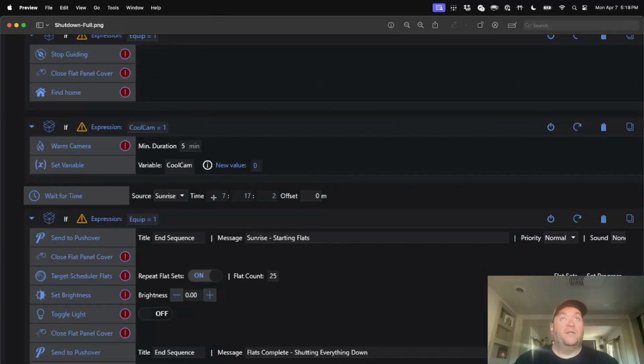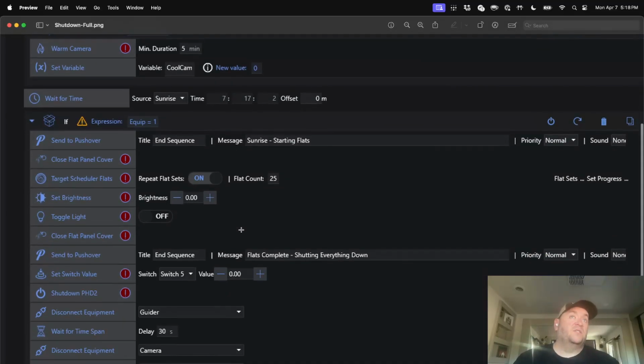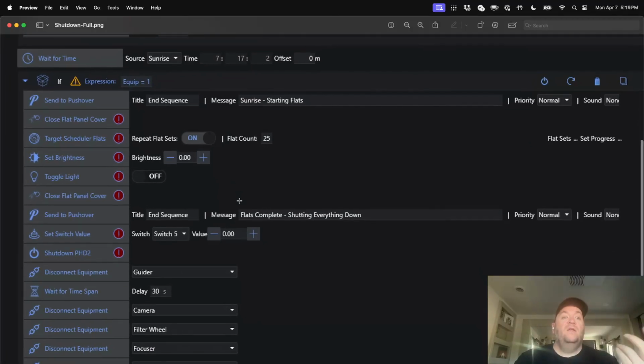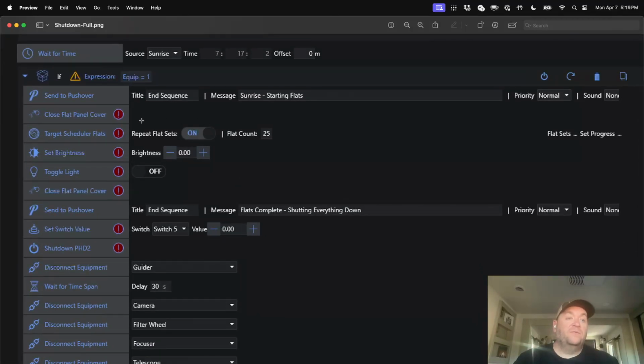Then we're going to wait for sunrise. And we wait for sunrise because I want to wait until it's light out so that I can take flats. And we'll step through there. For that, we're going to close the flat panel cover, and Target Scheduler manages flats for me. Now, that wasn't always the case. That's why that "did we image" check was in there, because